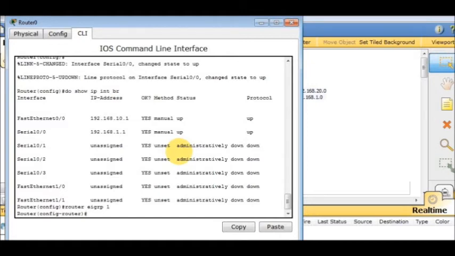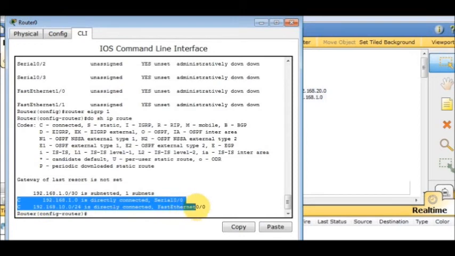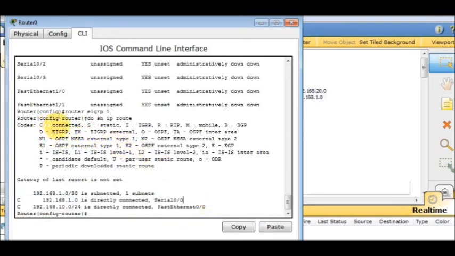So you just type do show IP route. As you can see, there is a letter C under this fast port address. Here C means directly connected in this router. So all we have to do is to broadcast the IP address that is directly connected in this router. You just type the following command, which is network